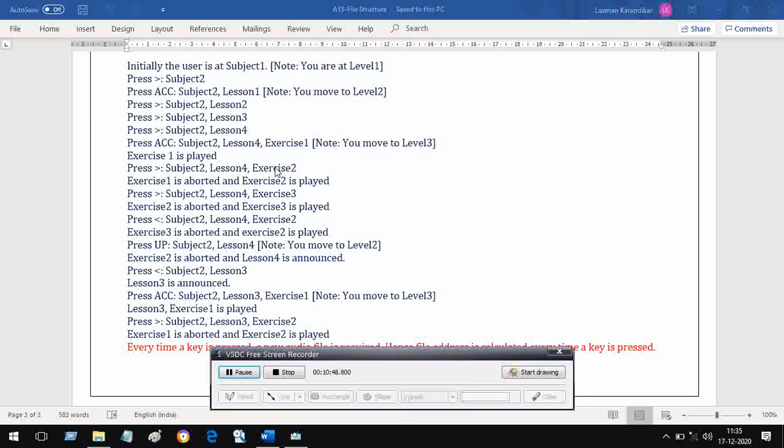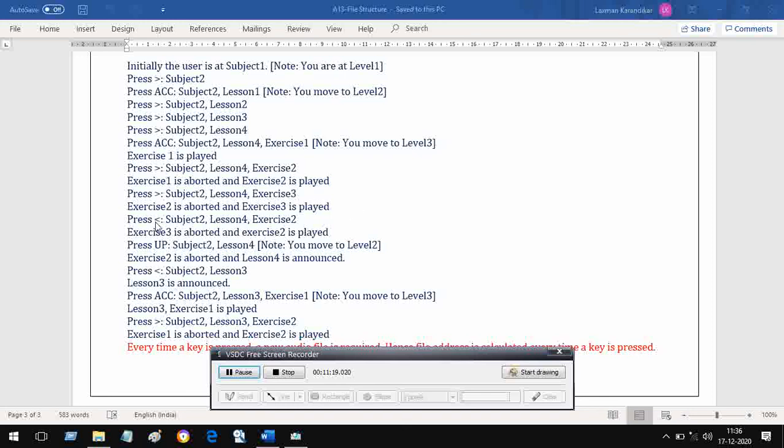You will remain at level 3, and therefore subject 2 and lesson 4 will remain as they are, but exercise will move from exercise 1 to exercise 2. So exercise 1 is aborted if it has not finished, and exercise 2 is played. Again you press next, then subject 2 and lesson 4 remain, but exercise becomes 3. So exercise 2 is aborted if it is running, and exercise 3 is played.